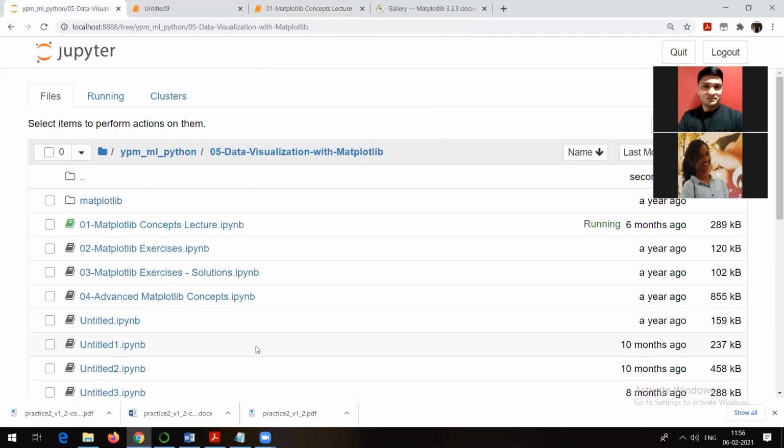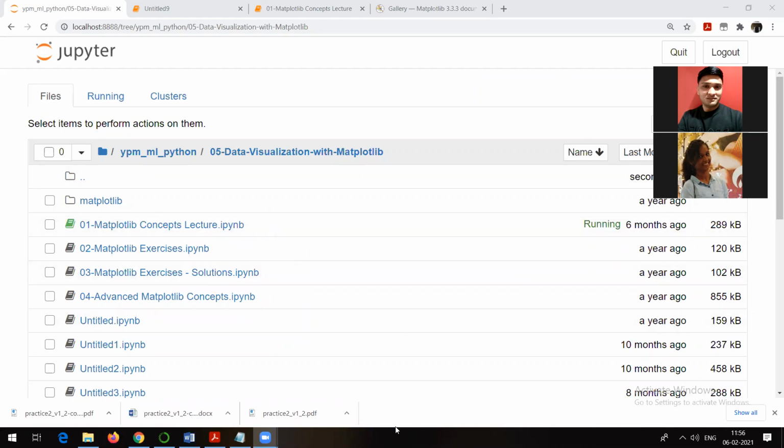There is one more file present in the Matplotlib notes which I have shared with you. That is the exercise. Exercise is also easy. I hope you will go through that. The exercise and its solution are both given to you. And those who want to understand more about Matplotlib can refer to the advanced Matplotlib concepts also. But for the machine learning part, whatever I will be discussing in the sessions will be sufficient for you. These things are already shared with you. I hope everyone knows how to open those files. Okay, so that's what I wanted to discuss today.